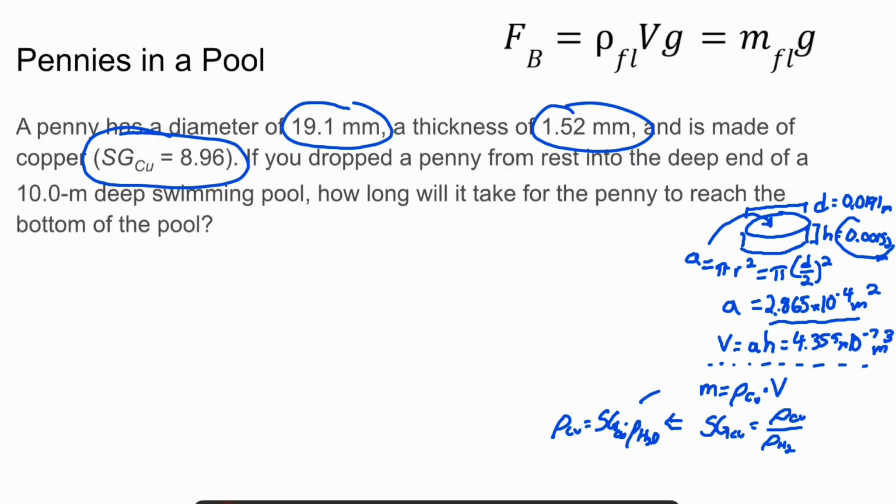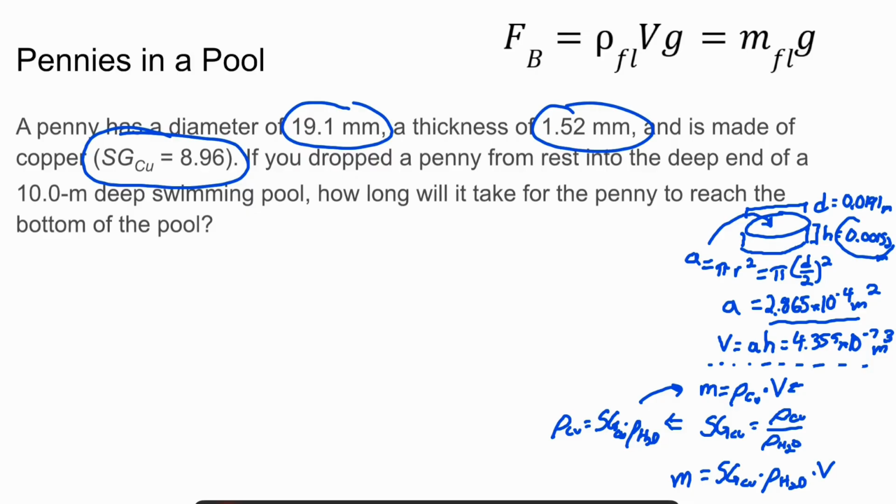And so if we substitute that into our mass equation over here, the mass of our penny equals the density of copper, which is the specific gravity of copper times the density of H2O, and then times the volume. All right, so we're going to table both these two equations, our equation for volume and our equation for mass,